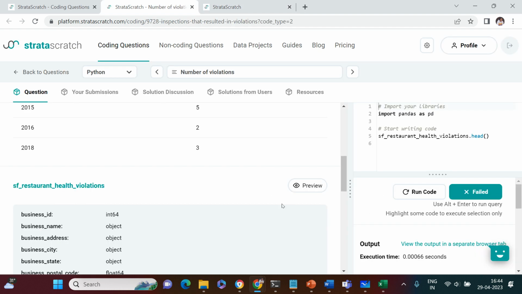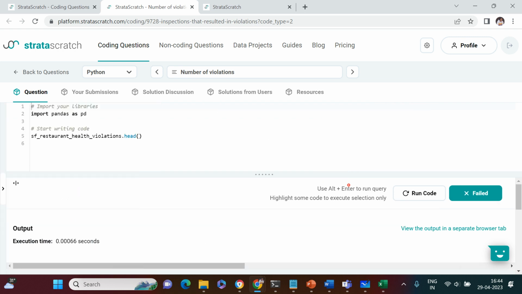Okay, so let me start very quickly how to solve this. First of all, which I am not liking is the big data frame name, so I'm going to put that into a small data frame. Then the next thing which I'm going to do is filter for specific business, which is Roxanne Cafe business, and the non-missing